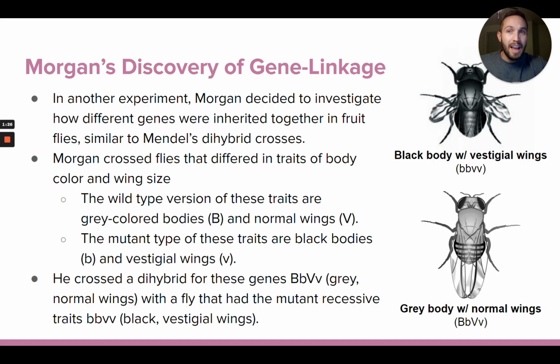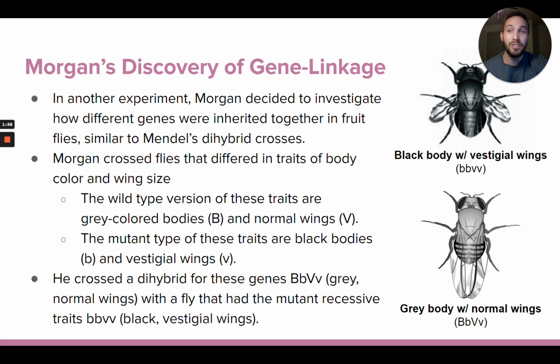So we're going to start by looking at how this was discovered, again, by this guy named Thomas Hunt Morgan. I talked about him in the last video in topic 2, and how he discovered sex linkage, how he figured out that some genes are located on the X chromosome. He's also going to discover that sometimes there's genes located on the same chromosome, and that's going to cause things to happen a little weird, or a little unexpectedly sometimes in these